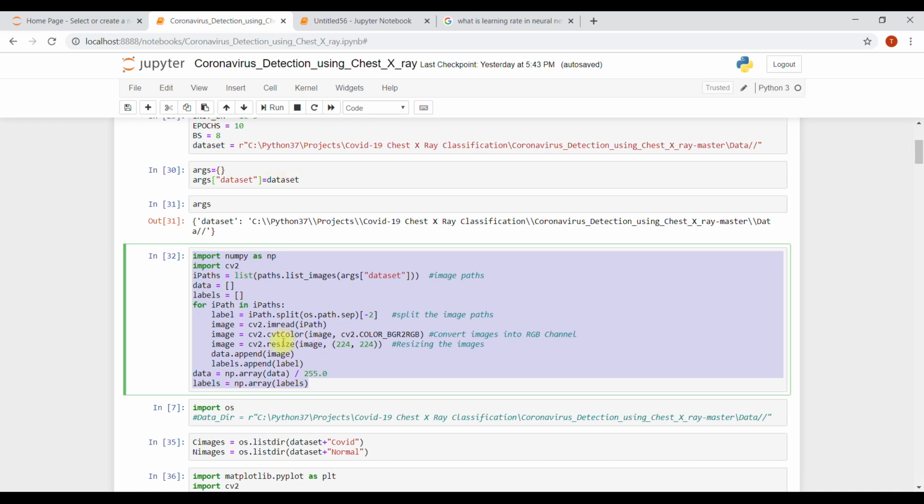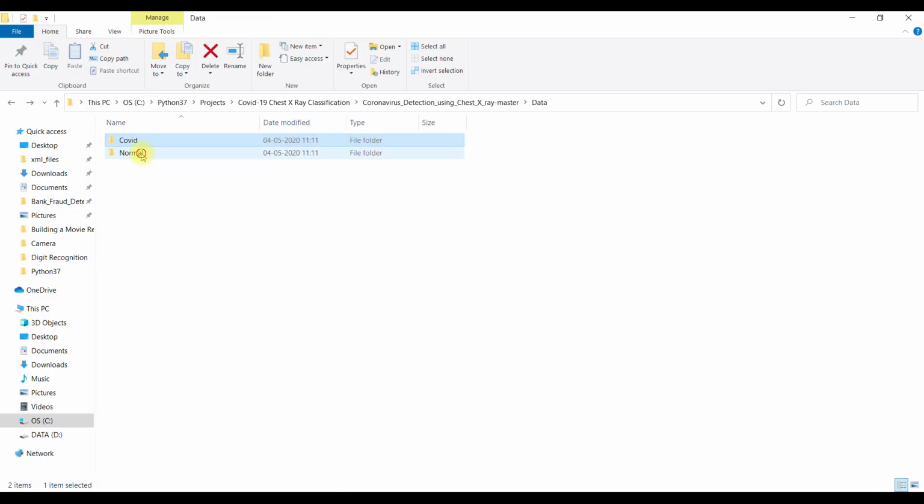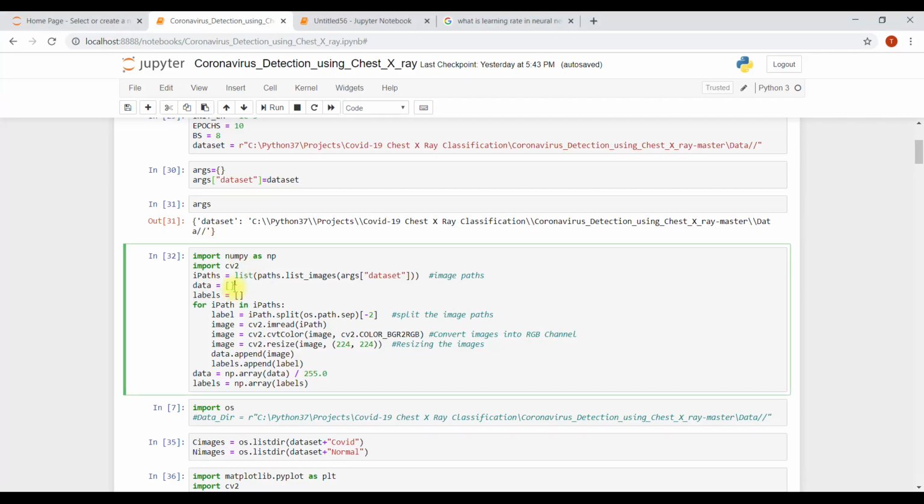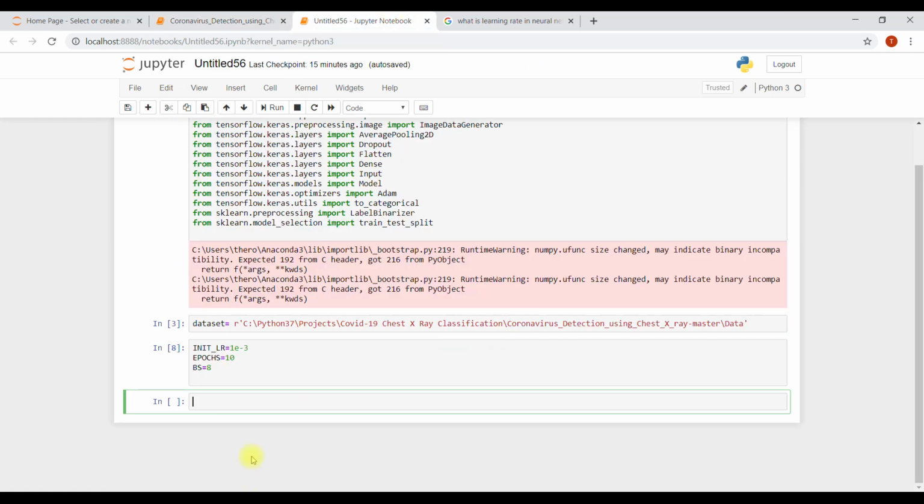We have the data set, but we need to extract it and store the images in a data list and store the labels. The labels are COVID and normal, and these are the images. So to store the image features in data and labels here, we're just going to write the program for that.